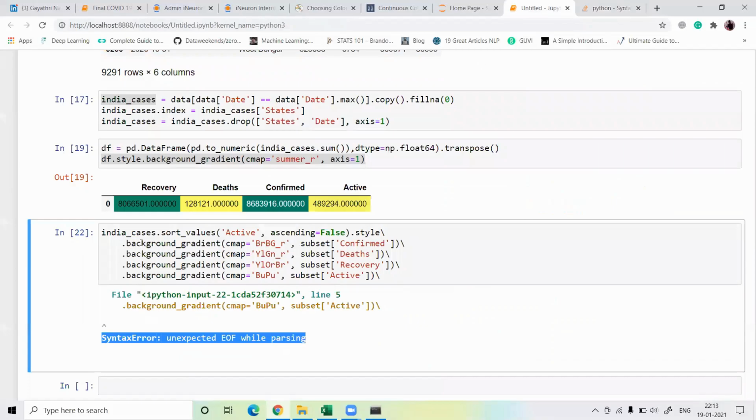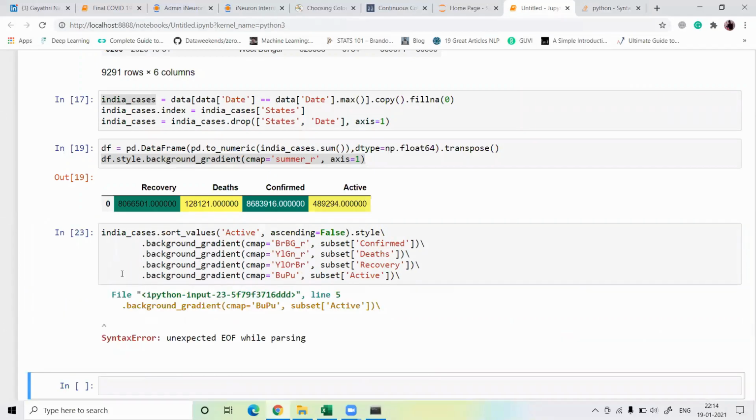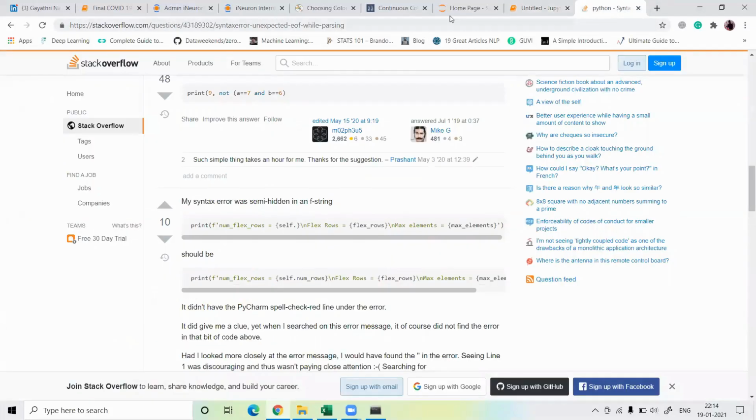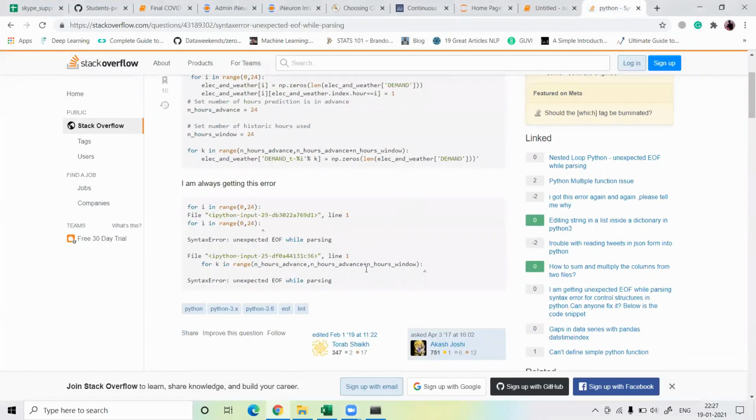Okay, so what can I do here? No, this is not the problem. Gradient map. Okay, here is the problem, guys. Recovery gradient subset active dot background gradient cmap is this and subset is this. I don't know why this is the error. Okay, let's try to figure it out here if we get something. Good, so this is weird.